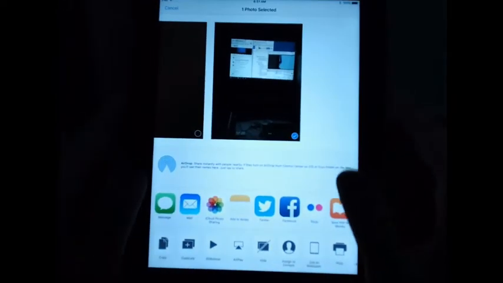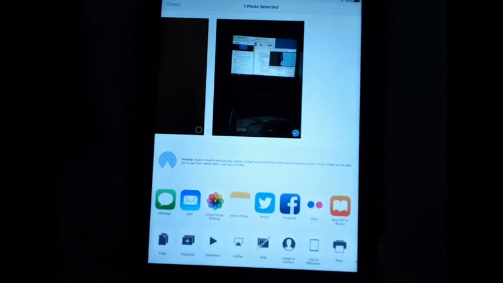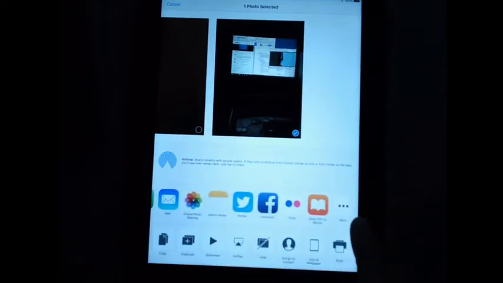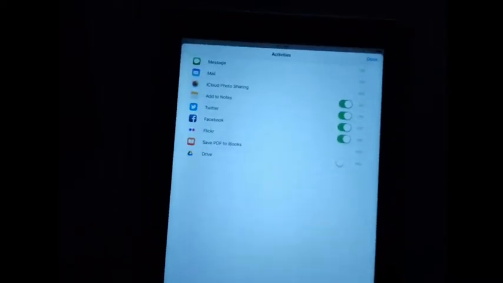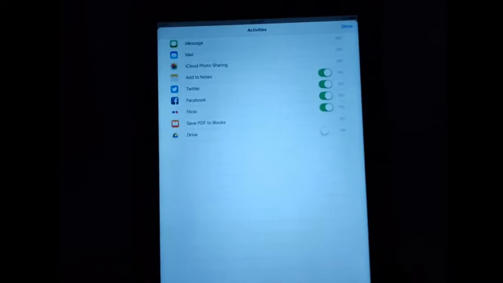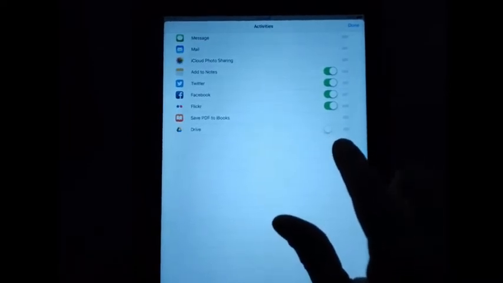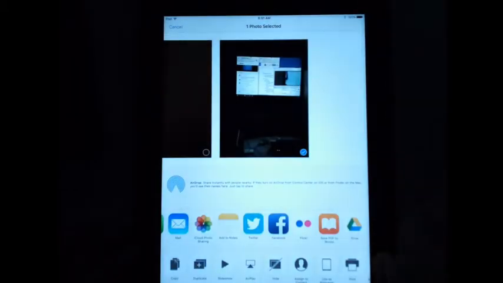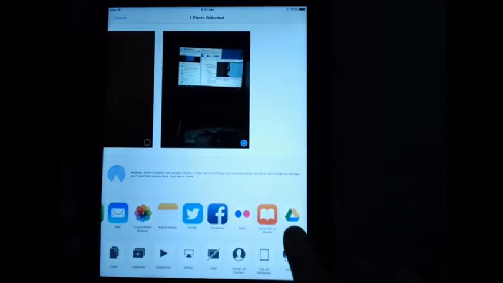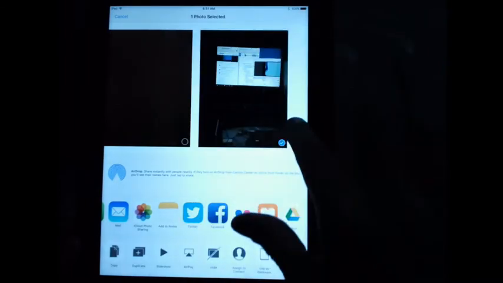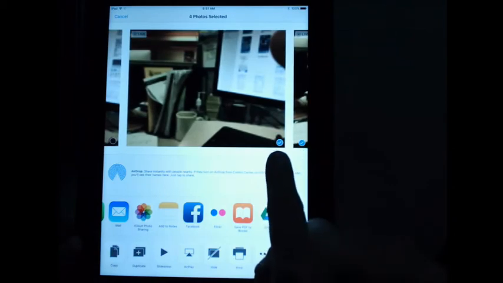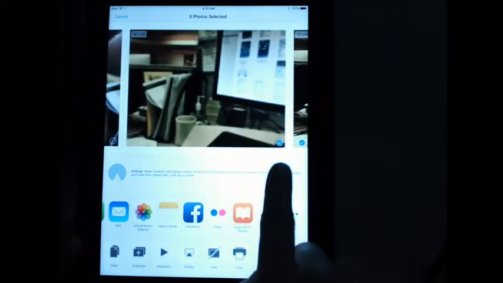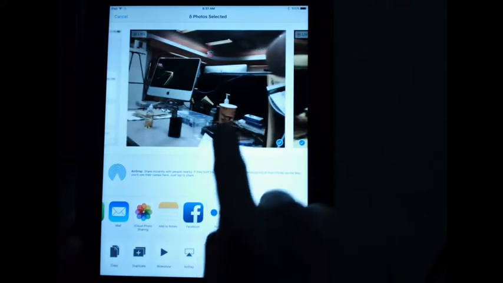All right. With that photo checked off, I can now upload this to Google Drive using the More option down here at the bottom. And it will show me all the different apps that I can export this with. And I can see that Google Drive is listed there as an activity, but it's turned off. So if I toggle that on, I can now upload my photos to Google Drive. So now I see that the Google Drive button is available there to use. So I can take all the photos off this iPad by swiping through them, tapping them, see that they get a little blue check mark down there, and then upload them to my Google Drive.